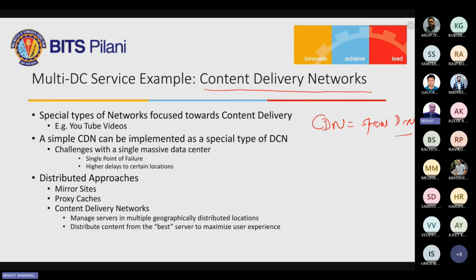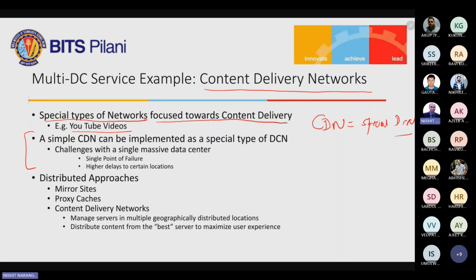Content delivery networks are special types of networks where the focus is on content delivery: YouTube videos, even music content. Any form of content needs to be delivered to the subscribers, and the network enables distribution of that content. So as I said, a simple content delivery network can be implemented as a data center network. But when you look at the requirements for a service like YouTube or a service like Netflix,